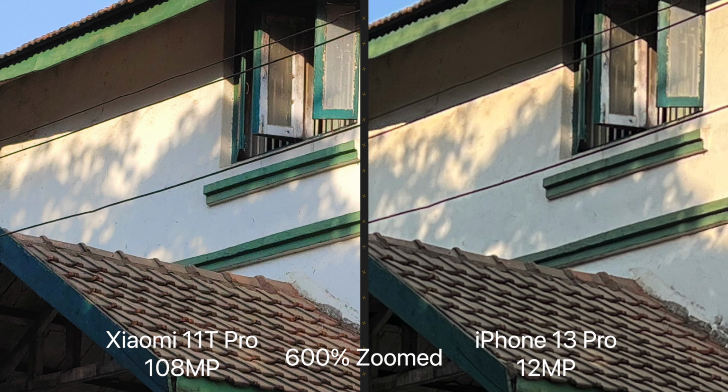Yes, there are slightly more details in the 108 megapixel shots, but to see this extra bit of details, you will have to zoom in at least 5 to 6 times and compare these images side by side. These shots are also huge in terms of file size, so unless you are planning to zoom in on a particular part of your image later on, I would suggest you to stick to the default 12 megapixel shots on